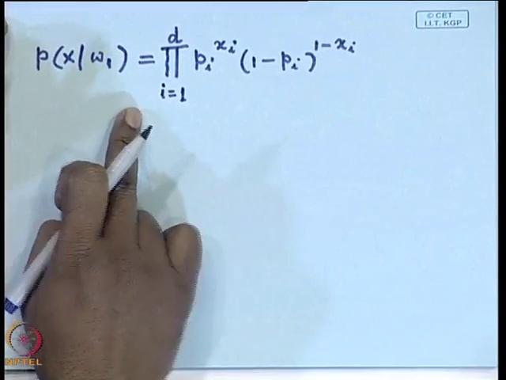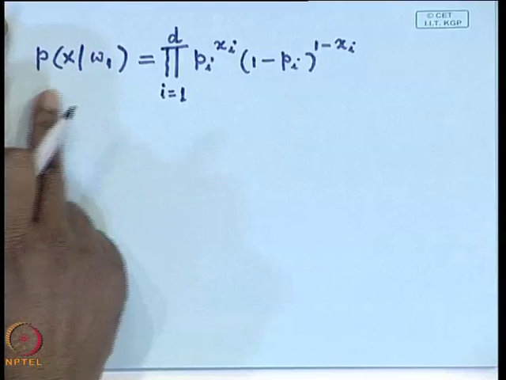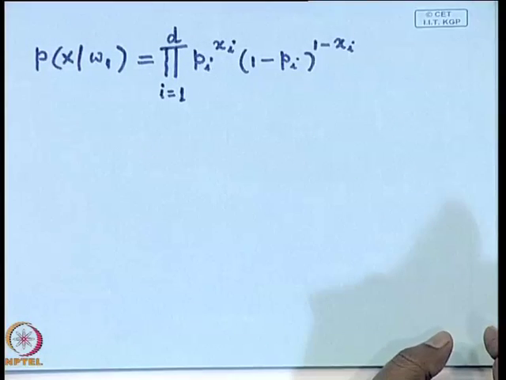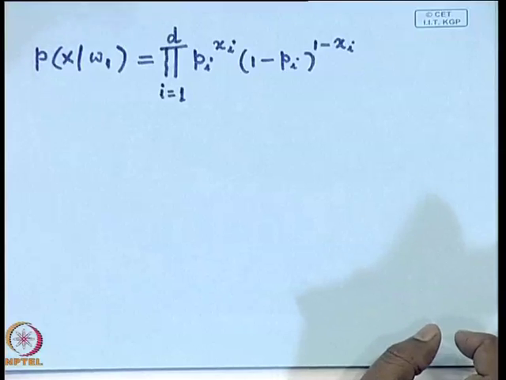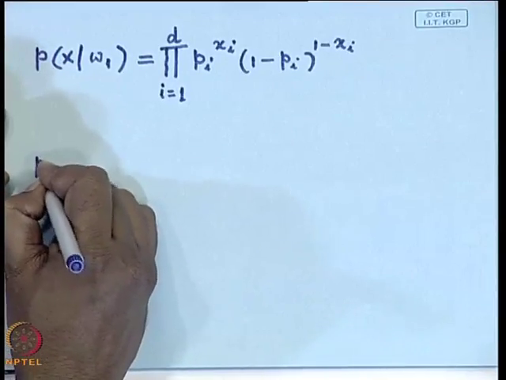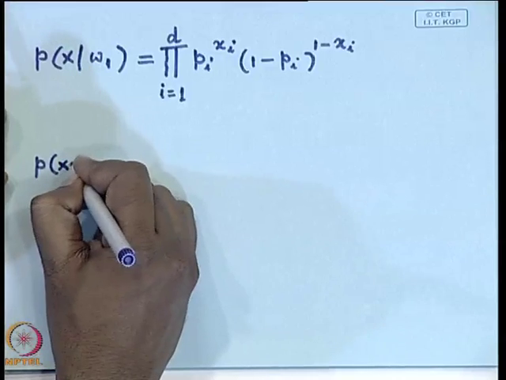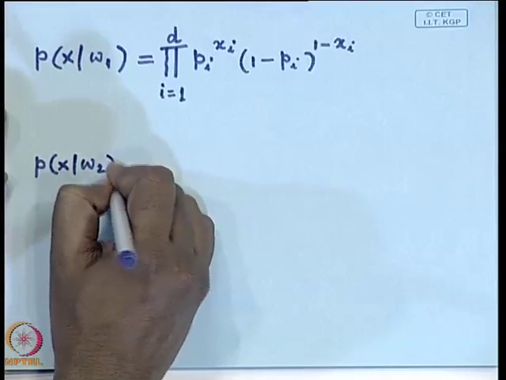So, this is the class conditional probability of a feature vector x if the state of nature is omega 1. In the same manner I can write p of x given omega 2,